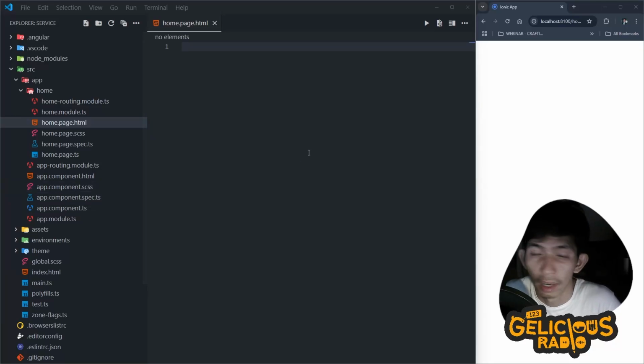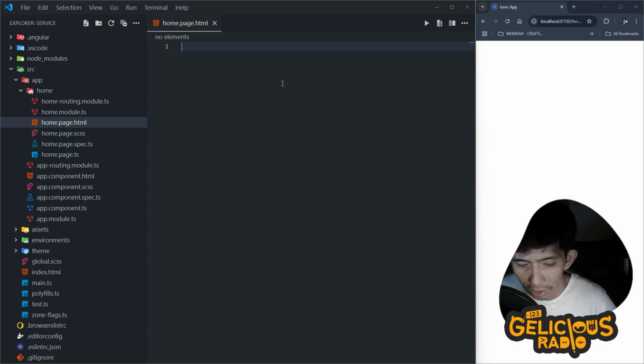Okay, so we have here a blank Ionic project. Ang gagawin natin is discuss natin yung service, and then later on ayusin natin yung previous na example natin. Okay, so unang-una, ano ba si service? So technically, ginagamit natin ang service to get or to provide information or data sa mga components natin or pages